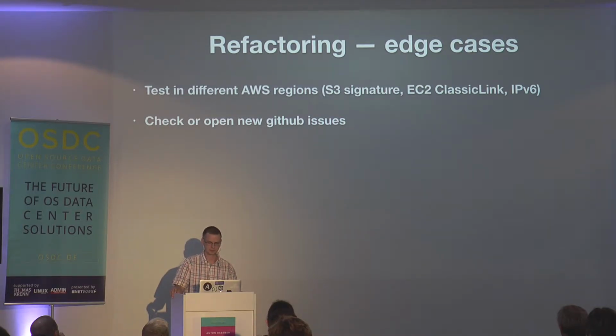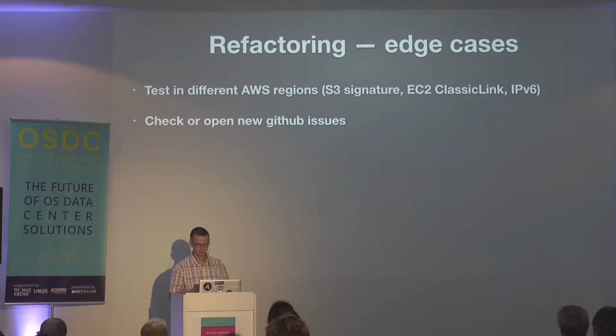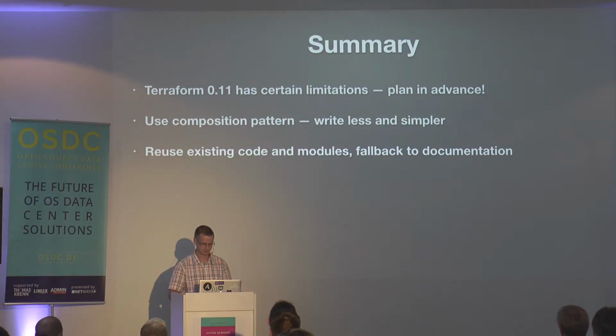It's sometimes very strange, like IPv6 is pretty different. And also, I encourage you to check and contribute in any way, at least with GitHub issues, to the AWS provider or Terraform core. Even if you are not sure whether this is intended behavior or maybe it's a bug, nobody will bite you if you just ask. That's important to understand. This is an open source project. Everyone can ask. You will not be penalized if you ask.